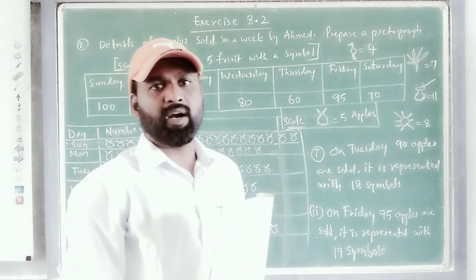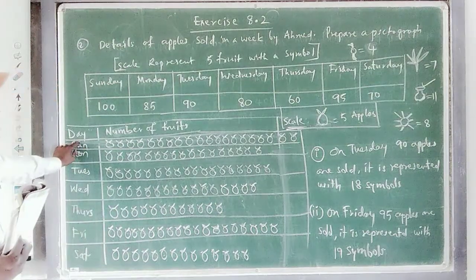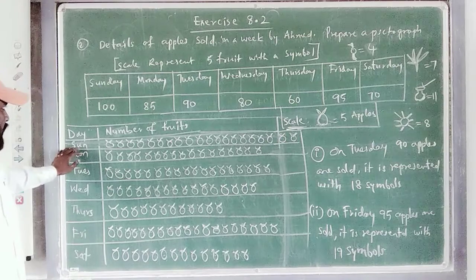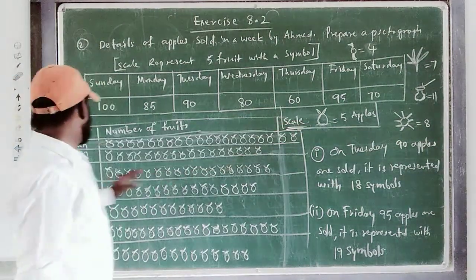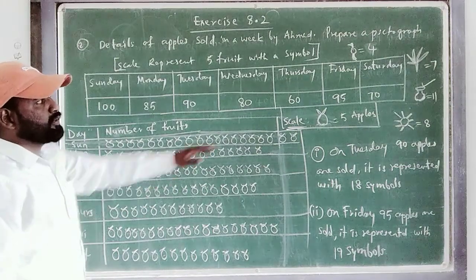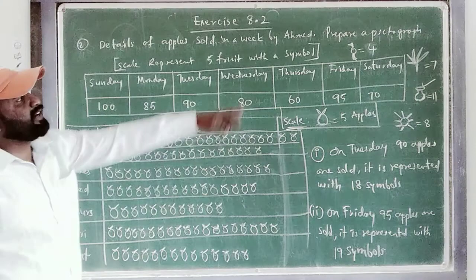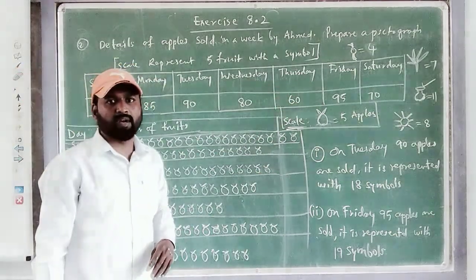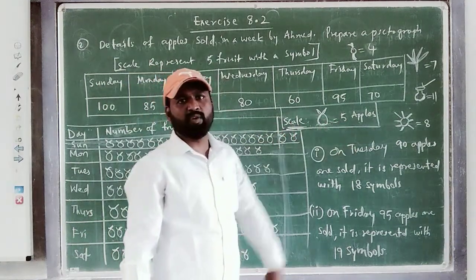Hope you all understood what I explained. Like that you have to draw the pictures. Here you write sun, pot, tree and watch. Next to the sun, you draw 8 pictures of sun. Next to the pot, you draw 11 pictures of pot. Next, trees, 7 trees you have to draw. Watches, 4 watches you have to draw. Why? The scale. One figure is equal to 50 votes, you write there.